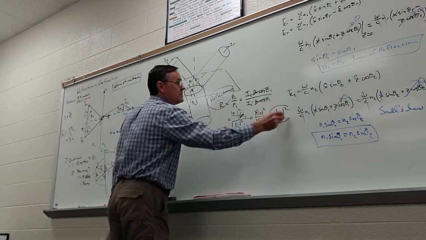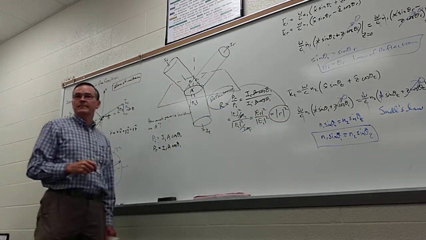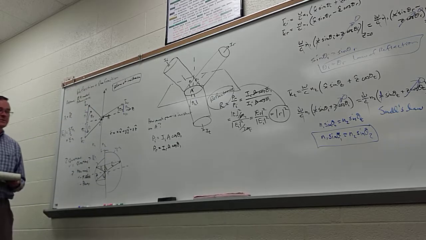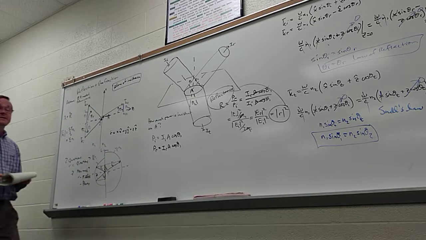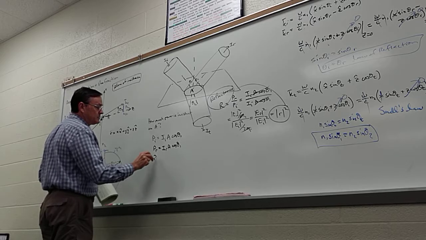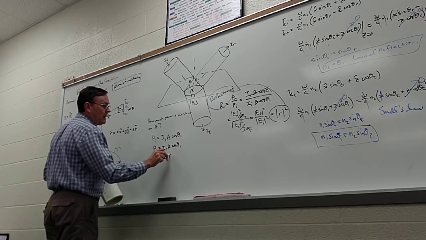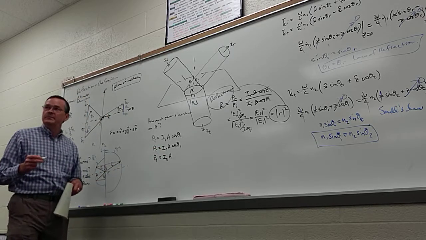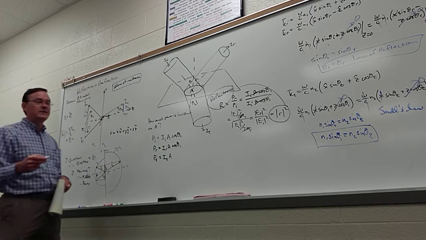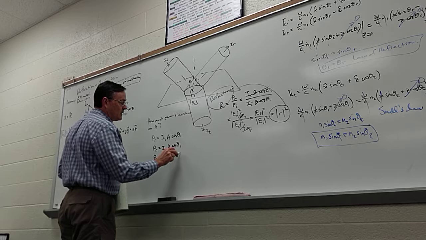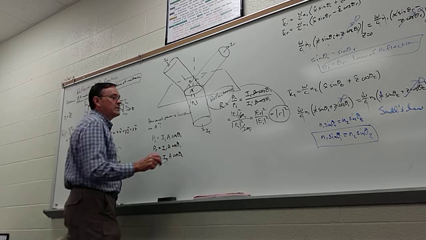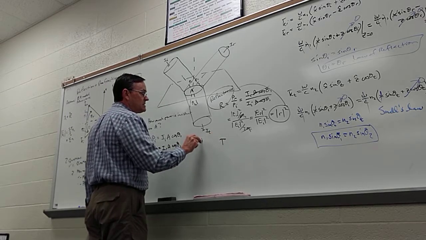So that's the key result there. Now we could do the same thing for the transmitted power. E sub t is I sub t A cosine theta 2. So we could define a transmittance